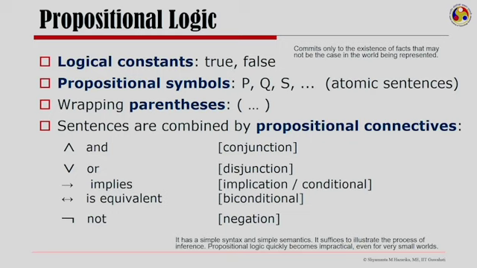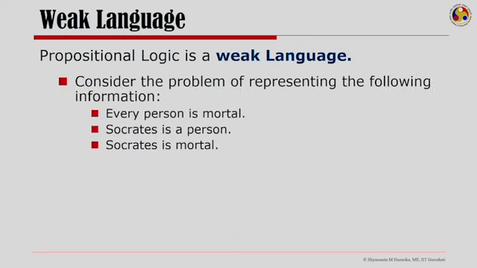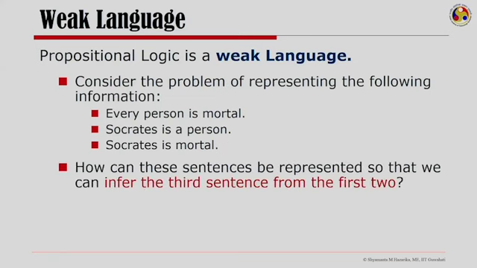However, propositional logic quickly becomes impractical even for very small worlds. Let us see what we mean by that. So, consider the problem of representing the following information. Every person is mortal. Socrates is a person. Socrates is mortal. How can these sentences be represented so that we can infer the third sentence, that is, Socrates is mortal, from the